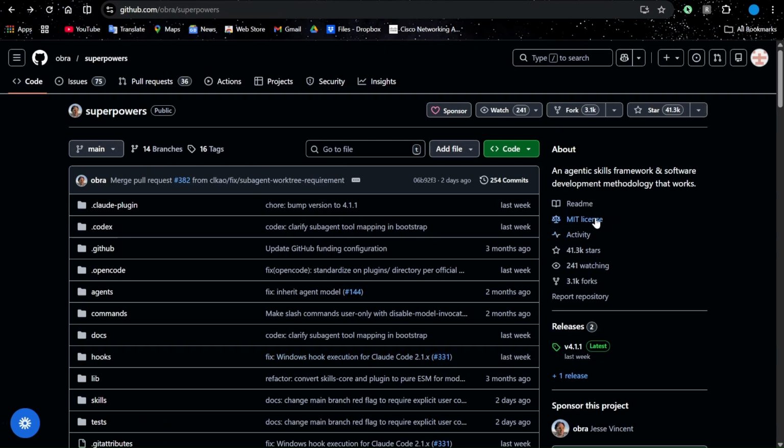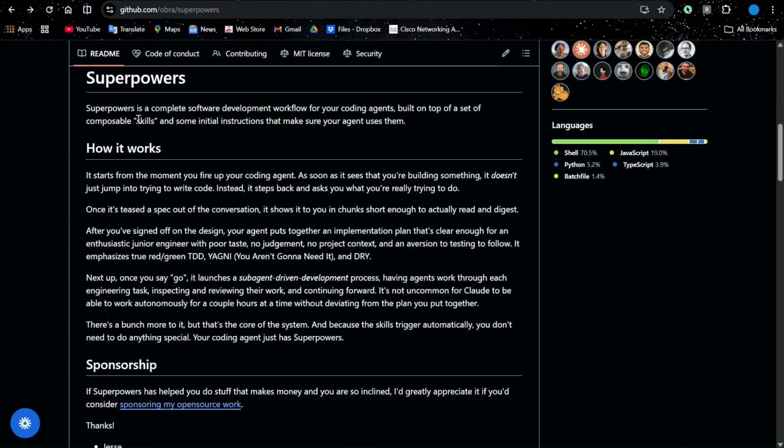It's an MIT license-based, free-to-use open source repository. It's a complete software development workflow for your coding agents built on top of a set of composable skills and some initial instructions that make sure your agent uses them. How it is different is that you can plug it into your Codex, into your Claude Code, into OpenCode environment, into Ollama, anywhere, and it acts as a helping parameterized agent that helps Claude Code or Codex